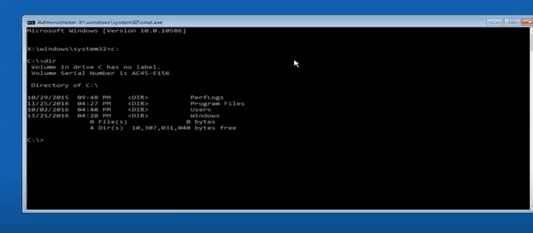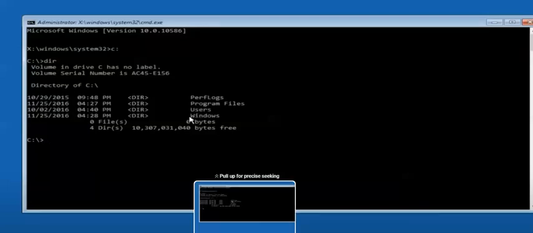If you are in the correct drive, you should see all these files: PerfLogs, Program Files, Windows. If you don't see those files, you can type a different drive letter like D. Usually in all computers there are two drives, C and D. You can switch drive like this. Simply put here the correct drive. So after that